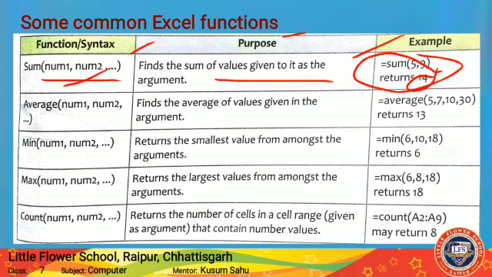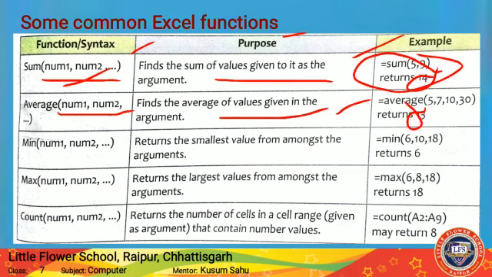So we have to put this formula in that box, that formula box. After that, AVERAGE. Find the average value of given arguments. For this we will use AVERAGE of number 1, number 2 and so on. So here, if we want to find out the average of these 4 numbers, we will use equal to AVERAGE of 5, 7, then 10, then 30, and the average will give here 13. So we get the answer, the average is here 13.